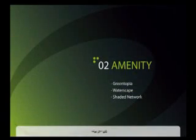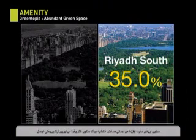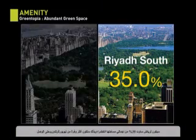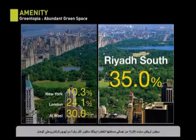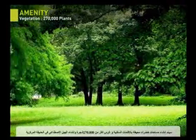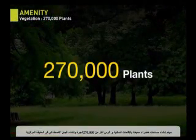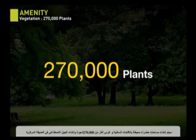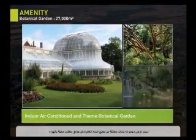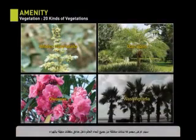Second, amenity. Riyadh South will generate 35% of green ratio, overwhelming New York, London, and even Al Yousuf. The community with luxuriant forest will be embraced with more than 270,000 plants throughout the whole community, and a man-made mountain at the Central Park. An air-conditioned indoor botanical garden will show many different kinds of vegetation from all over the